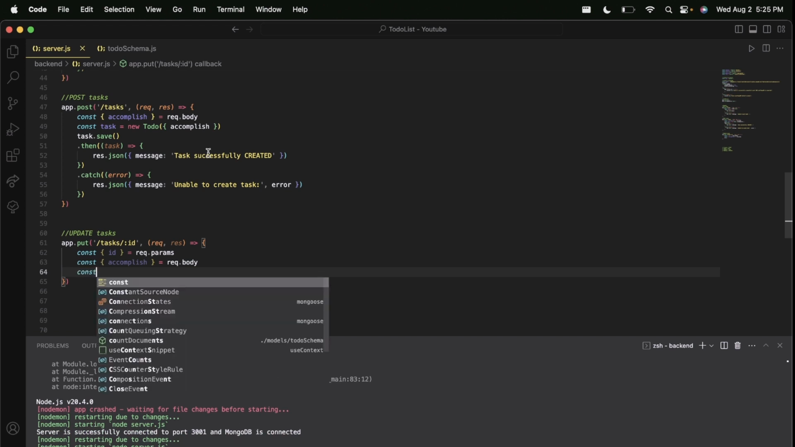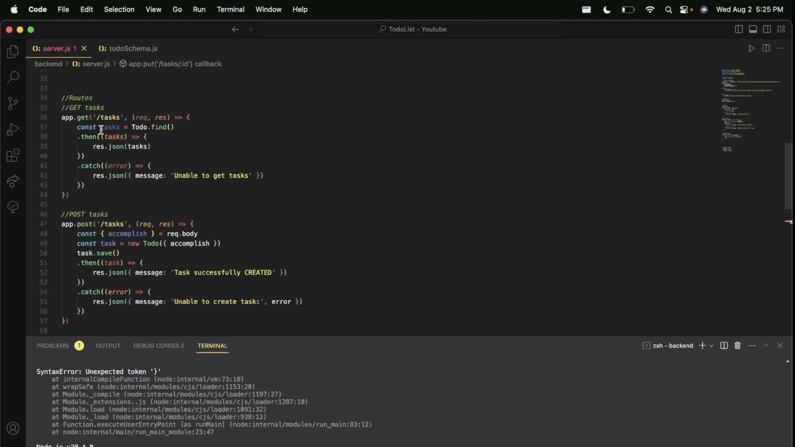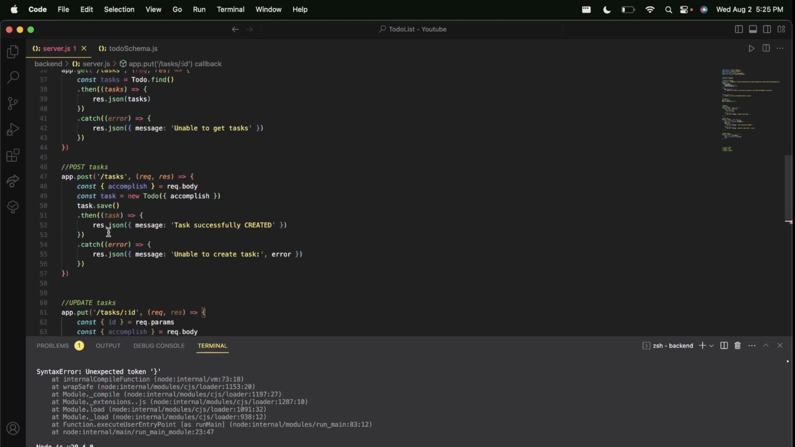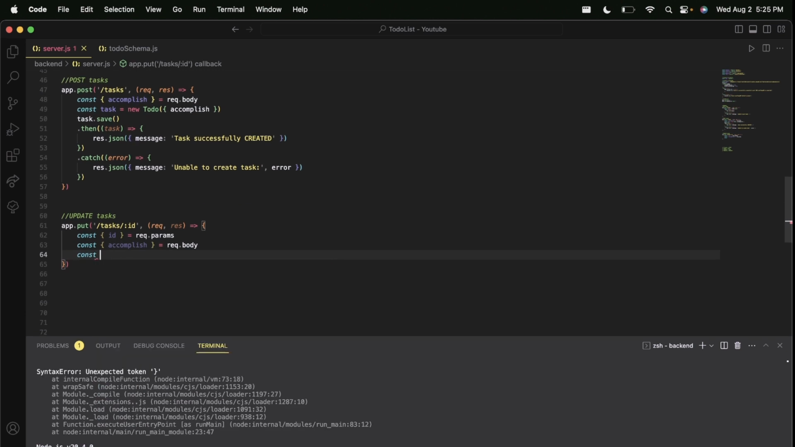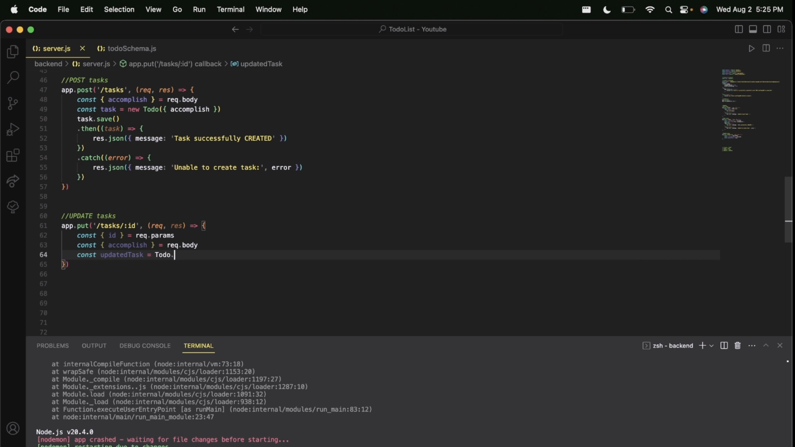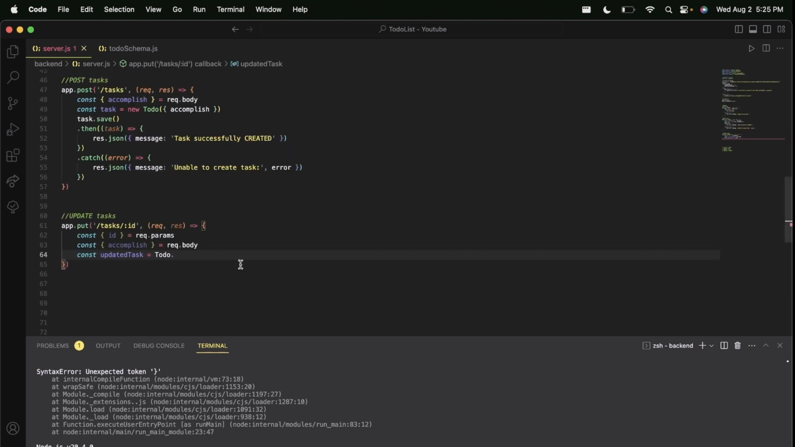All right, so next thing that we are going to do is, this is when we are going to make our const, just as we did over here and over here. That way we're going to pass it through. So this one we're going to call it updated task. Okay, and then we are going to equal it to ToDo dot, and remember, from this ToDo schema, everything is inside of the big basket, ToDo dot find